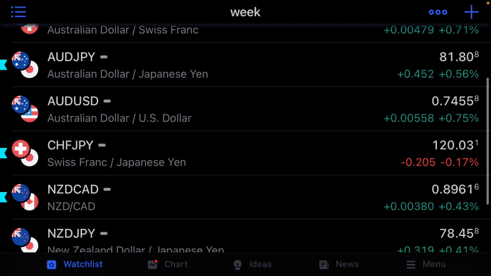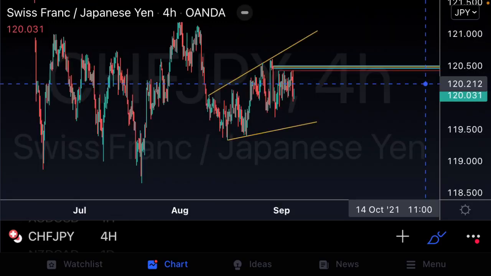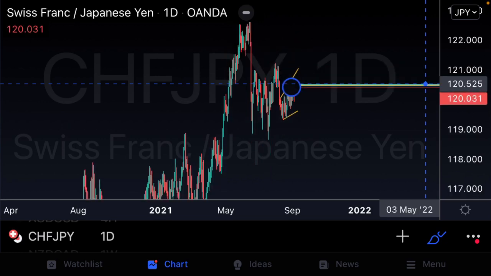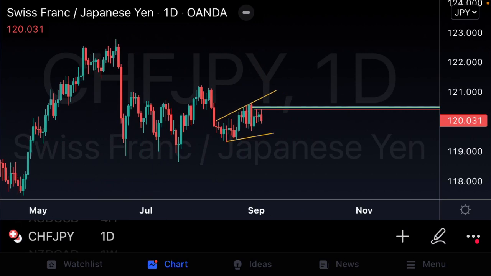Let's move on to the next pair that we're going to be having a look at, and that is Swiss yen. Now you guys will notice, guys, that on Swiss yen we're kind of going to be hedging some JPY strength, because if you guys remember, on AUDJPY we are slightly bullish bias. So let's get into our analysis, our top-down analysis here on Swiss yen. We establish that directional bias and then find those points of interest